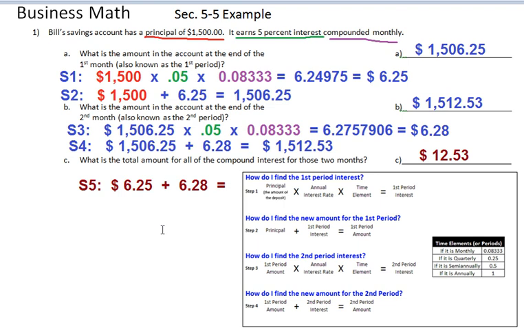Now, this might be a little bit more difficult than some of the other problems we've been doing so far in Chapter 5 with savings accounts. And if that's the case, please feel free to pause this video at any point, go back and review it,